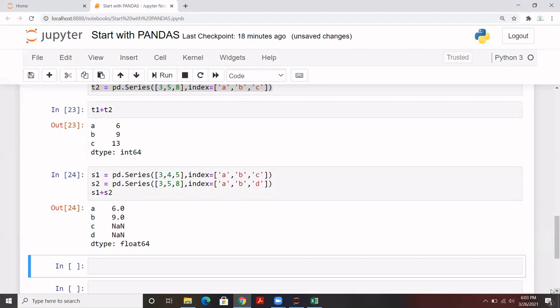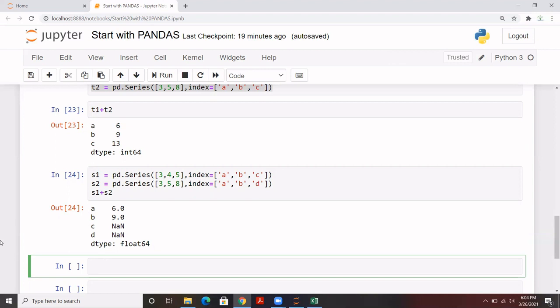Fine. So now we talk about different attributes of a series. For example, how to extract the particular value from a series, and there are multiple ways to do that. It's like the indexing that we used to do in core Python for list and for arrays. You must have gone through a lot of indexing part, right? So the same thing we can do with series as well. Let's say I want to extract series based on a position, or let's say I want to extract series based on a label. We have two options to extract or index particular series.